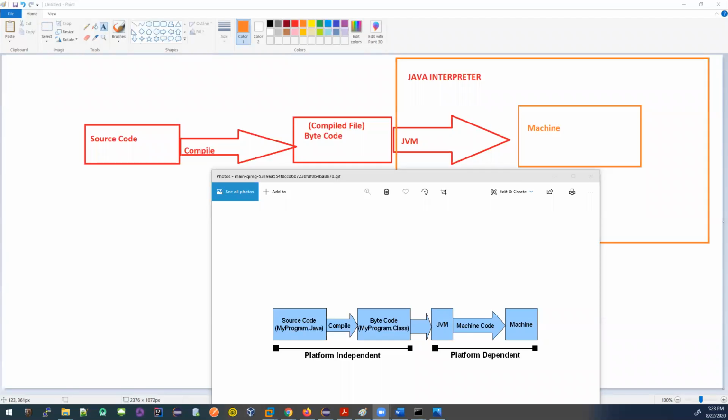So we can see that the compiler here is converting the source code to the bytecode, and within the JVM the interpreter is again converting it to machine readable code, or is the interpreter just reading and identifying the code? Good question. So yes, we are converting the code two times.